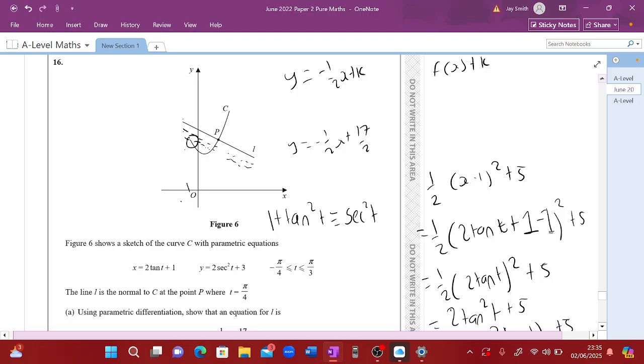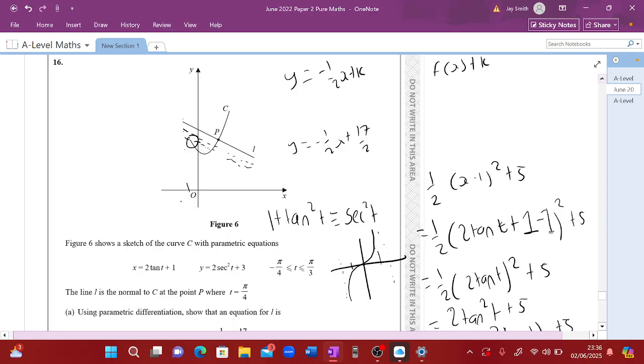So I'm probably going to do that here actually. So what is our minimum value of x? You're probably going to be thinking t is minus pi over 4. That would give the smallest value, and you're right. But why is that? Because again, think about a tan graph. Remember, it's 2 tan t, so it's going to be some lots of tan. A tan graph looks like this, right? Obviously between asymptotes. But between minus pi over 4, which is here, and pi over 3, which is about there,